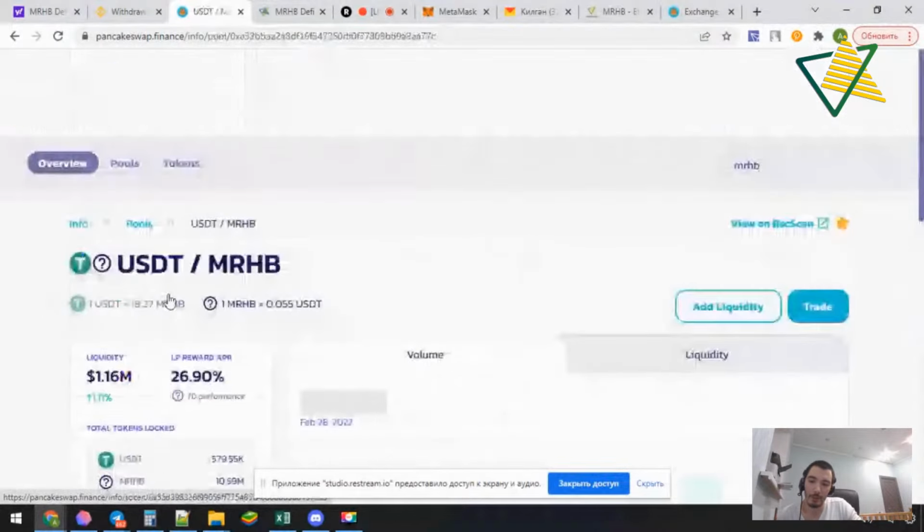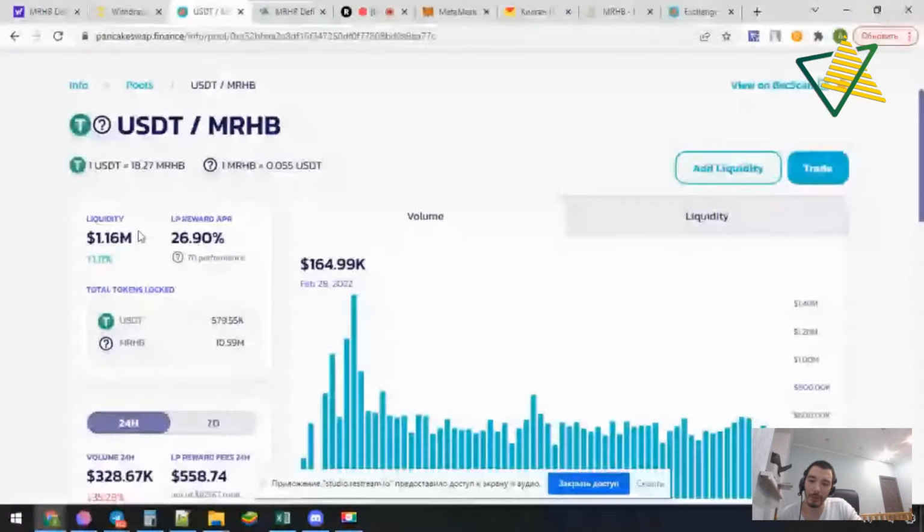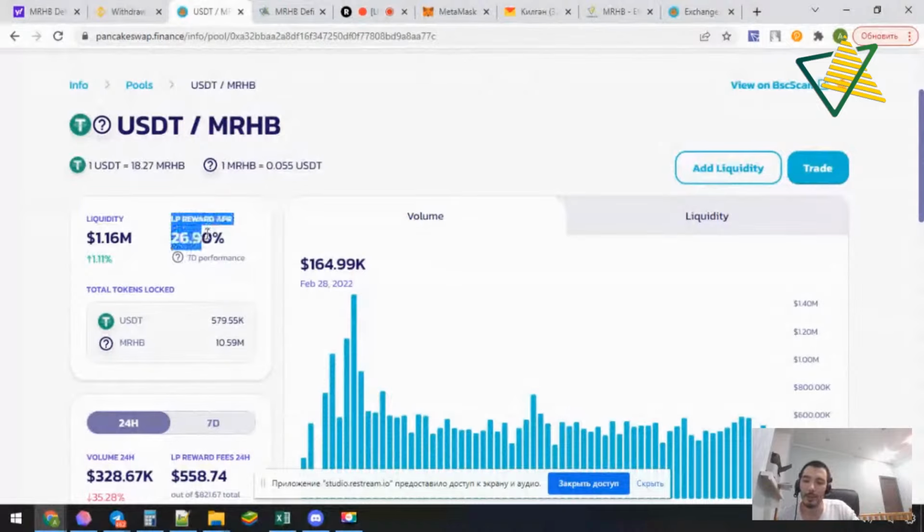26.9%. So when you add your liquidity, for example, I added $100 and I will get $127 at the end of the year. This is the annual reward on PancakeSwap.